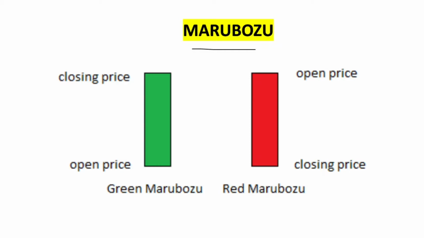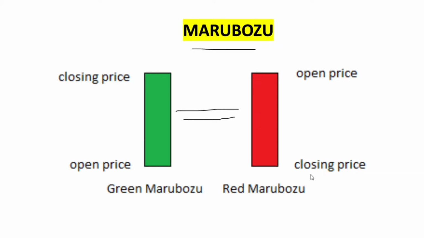Marubozu candles usually form in a breakout session. That means if the price has tested the resistance so many times and all of a sudden Marubozu forms, at that time price will move in a bigger way. If the Marubozu forms at a resistance, support line or some important level, there is a wonderful breakout with the price. If Marubozu forms in any other location, please do ignore it because it might be a trap. There might be a bull trap or bear trap just to trap the retail traders.